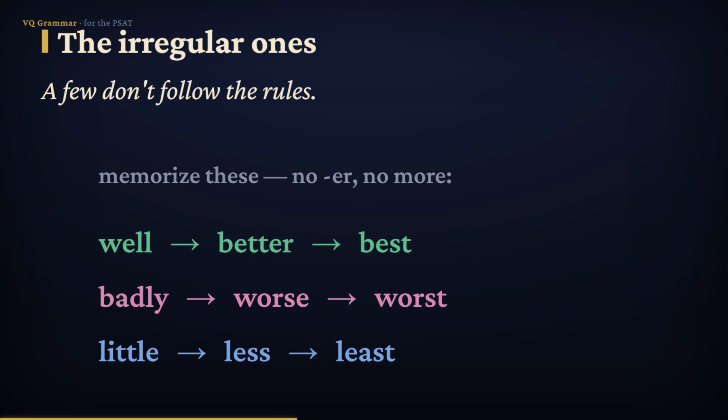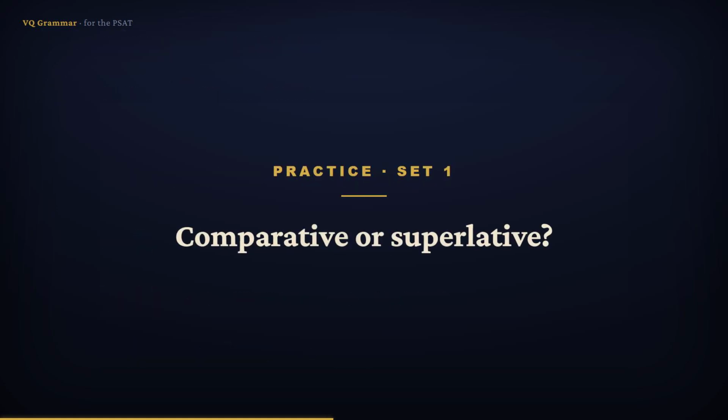So you'd never say weller or baddest. You say better and worst. These show up constantly, so lock them in. Well, better, best. Badly, worse, worst. Little, less, least. In this first set, decide whether the sentence needs the comparative form, comparing 2 actions, or the